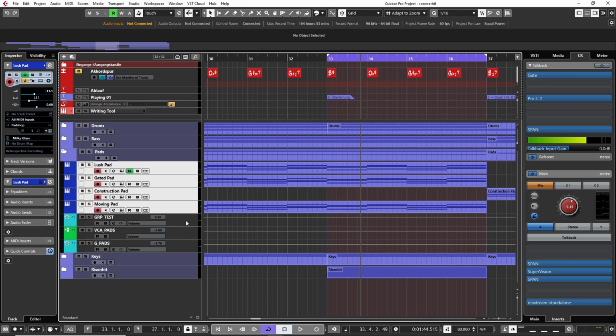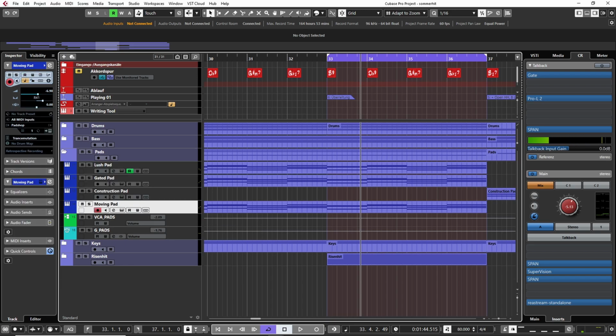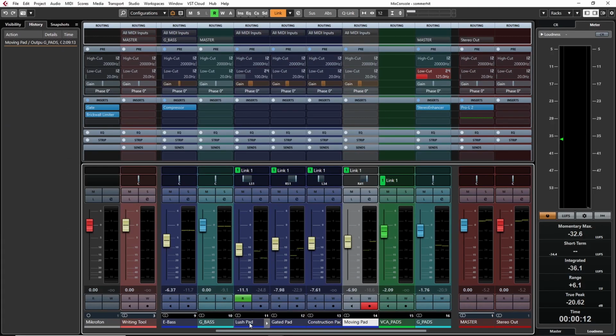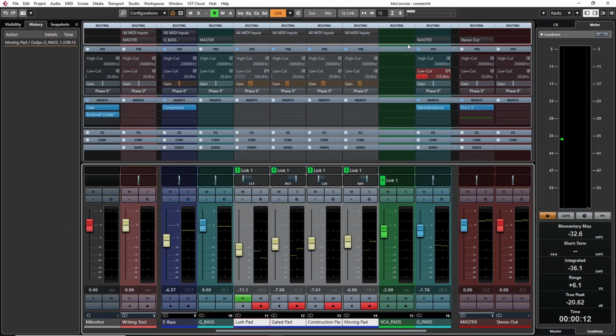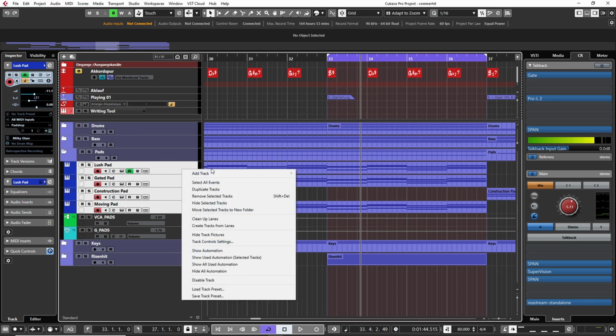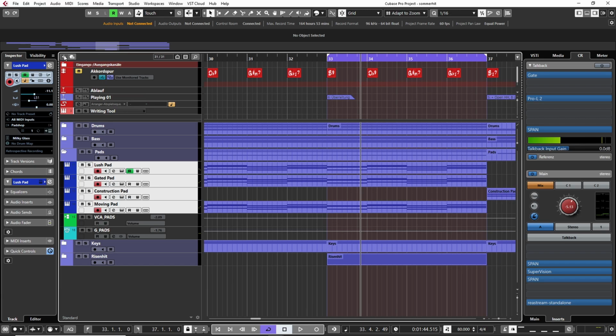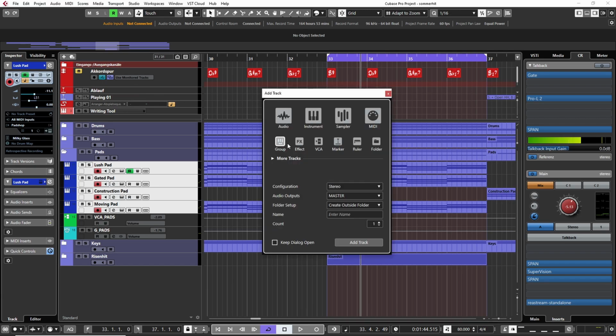So unsolo the pads again and delete this group test. What happens now is that also this routing here for these 4 pads is set to no bus, so we have to do the routing ourselves if we want to do the more difficult version, which I'm going to show you now. So instead of going right click, add track, group track, or add a group channel to selected channels, we can also add the group track here, or if you want to do the hard way, you can also go here to the add track menu, group track, and then create another group track here,